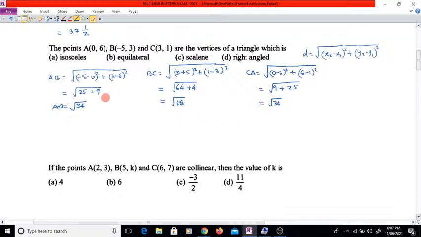Now we can see that these two sides are equal, that is BC is square root of 68 units, and CA. So these two sides AB and AC are equal. So therefore this triangle is an isosceles triangle. So next one,